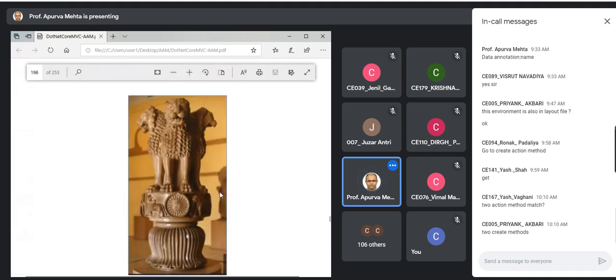So you all know which figure this is? It is the image of